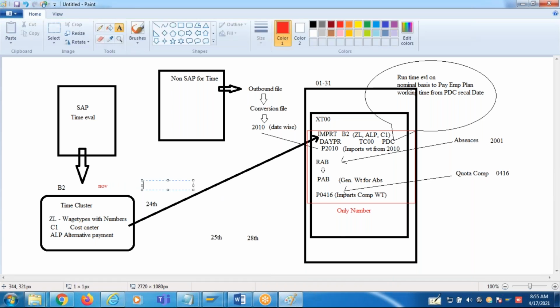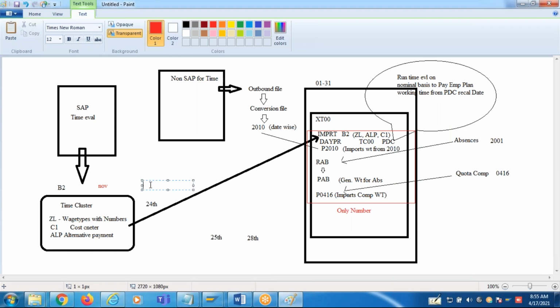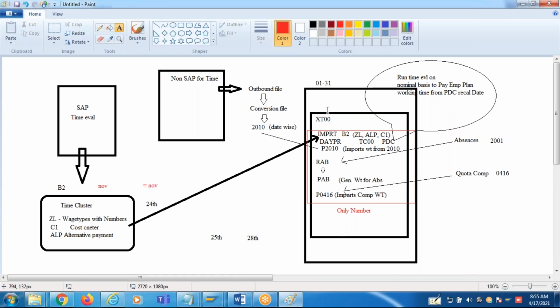It says, okay, payroll also runs from November. Then this payroll also will be run from November. It will re-import the new wage types, calculate the difference between the latest run and the previous run, and pay that amount. All right.